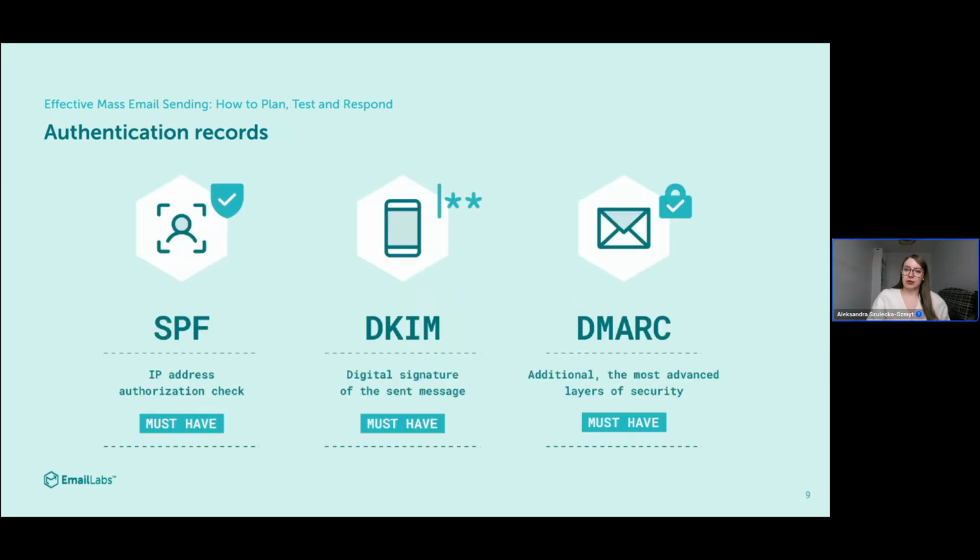Other than that, when you have your infrastructure chosen, when you have your domain or subdomain that you will use as a from address, you obviously have to authenticate your sending domain or subdomain. And to do that, you have to configure an SPF record, DKIM record, and DMARC record in a policy, at least p=none. SPF records give information to the email provider that the used IP address can use your domain